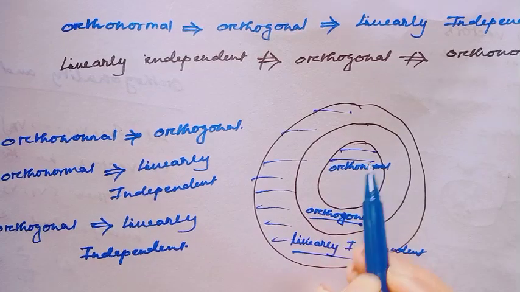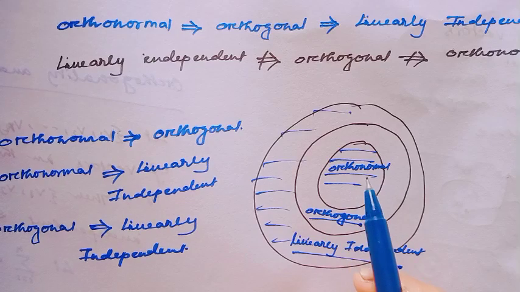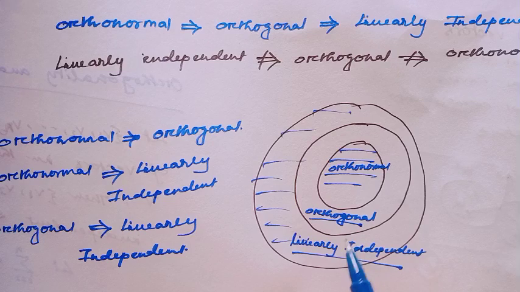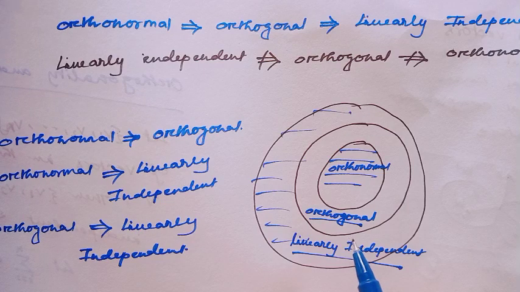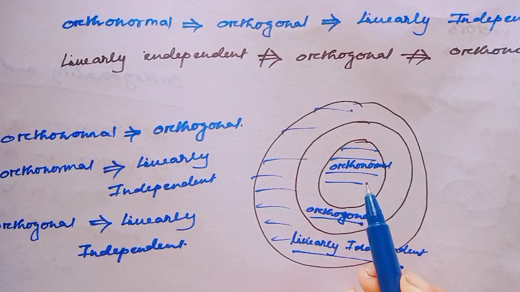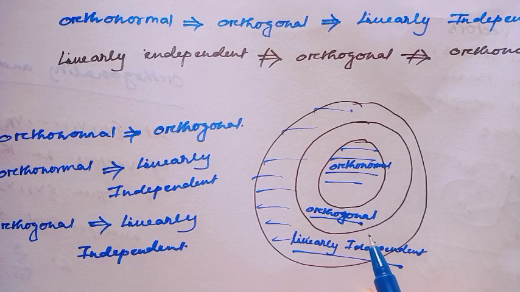Then the orthonormal set obviously lies inside the orthogonal set. That means the orthogonal set is a subset of the linearly independent set, and the orthonormal set is a subset of the orthogonal set